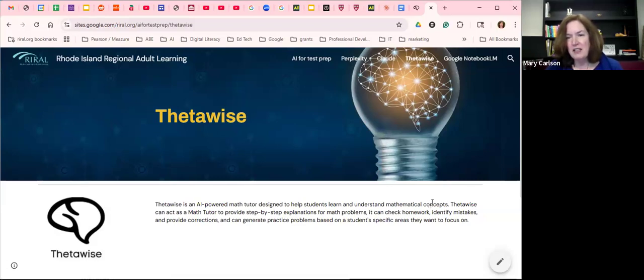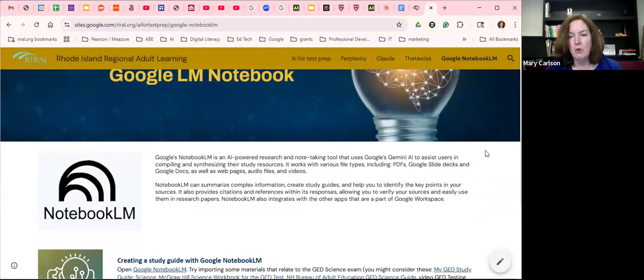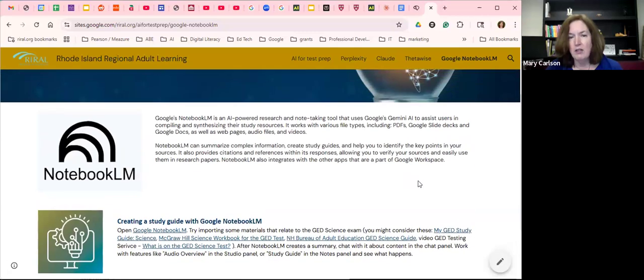All right, so let's come back together and we'll just click on our last tool up here. This is Google Notebook LM. LM stands for language model. And the other tools we used were also chatbots and work with large language models. But this one is particularly powerful. This is one of Google's showcase tools. It can handle a wide variety of content, including videos we're going to see, and also